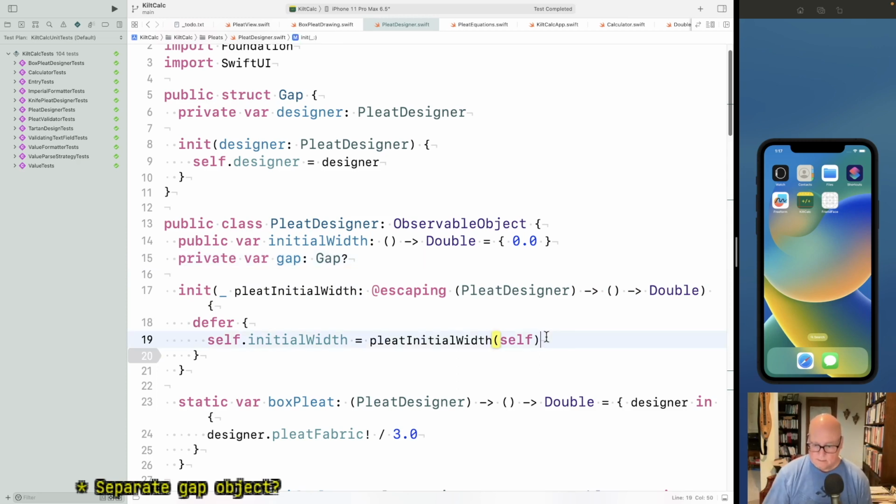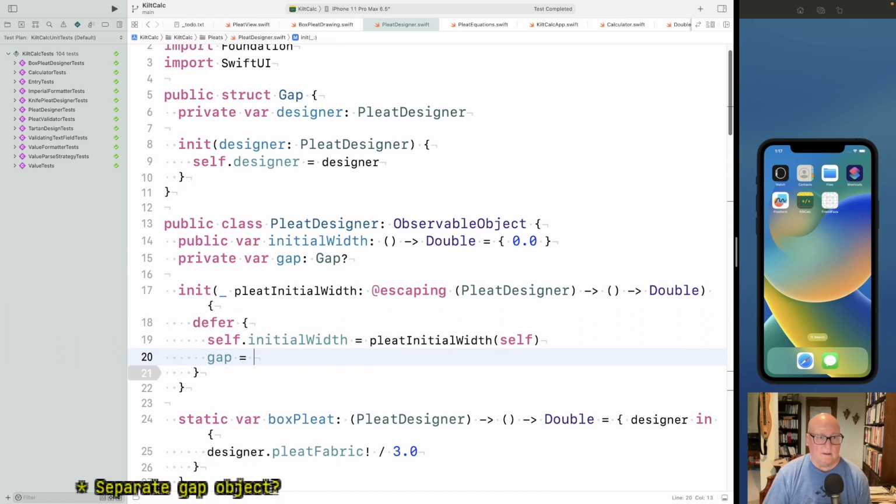Okay, and then I'm going to initialize gap equals gap of. All right, now